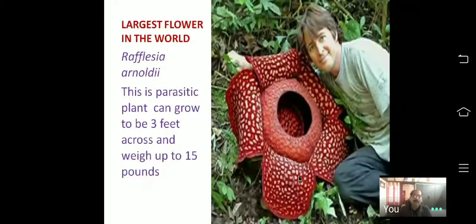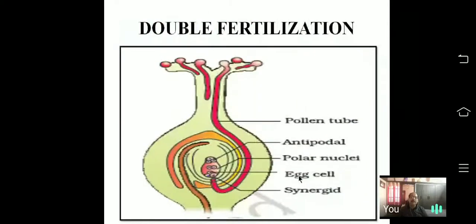Next, now I am showing a whole pistil. This is a pistil. You know that this is the stigma, style, ovary. Inside the ovary, there is an ovule. After pollination, the pollen grains transfer from the anther and land over the stigma, either through air or through insects or any other animals. That process is called pollination.